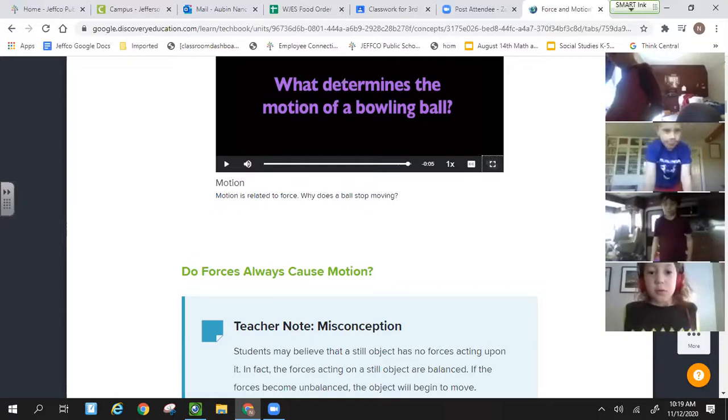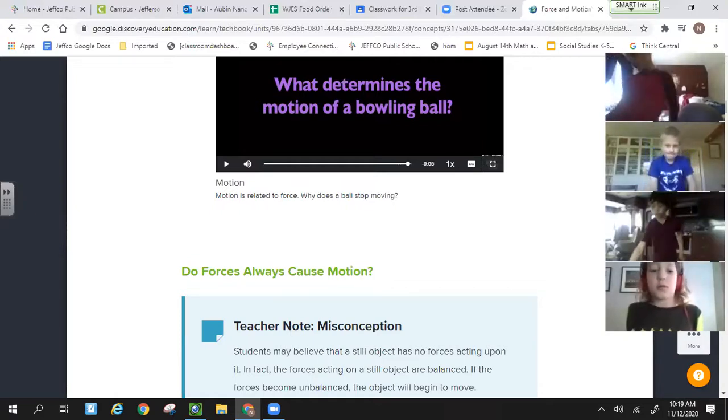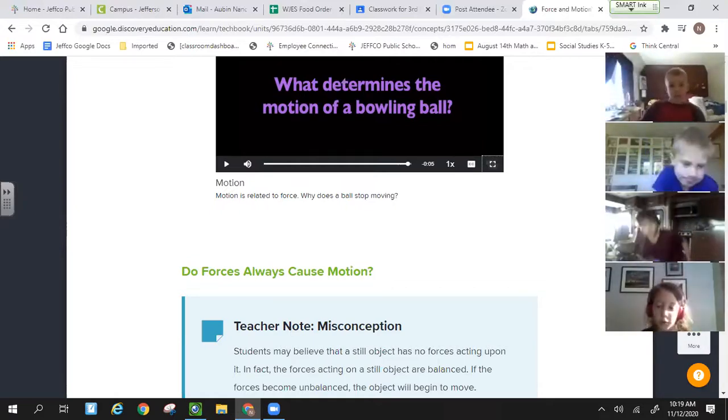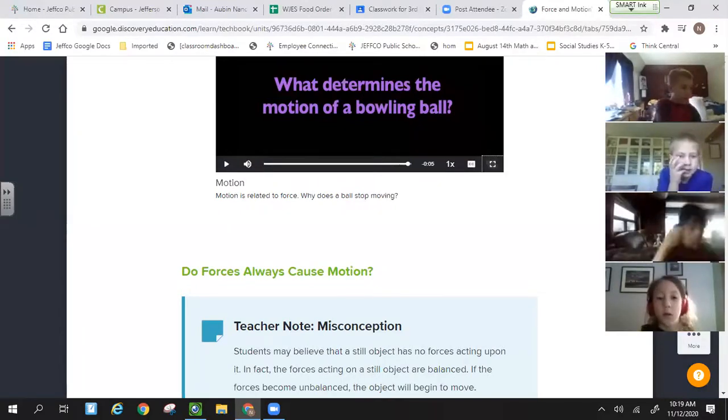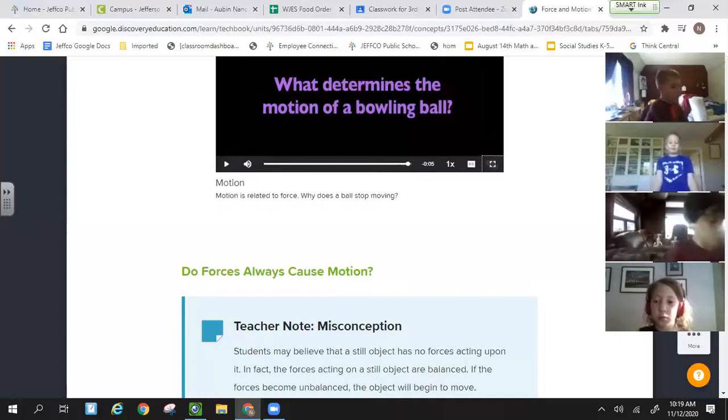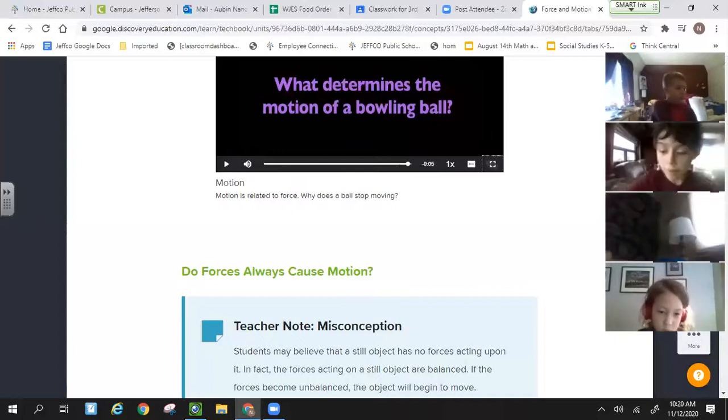Okay, I see a lot of people standing. Robert, can you unmute and tell me why you think that just because you apply a force doesn't mean motion is going to happen? You can sit down. You are all right, but give an example. Do forces always cause motion?